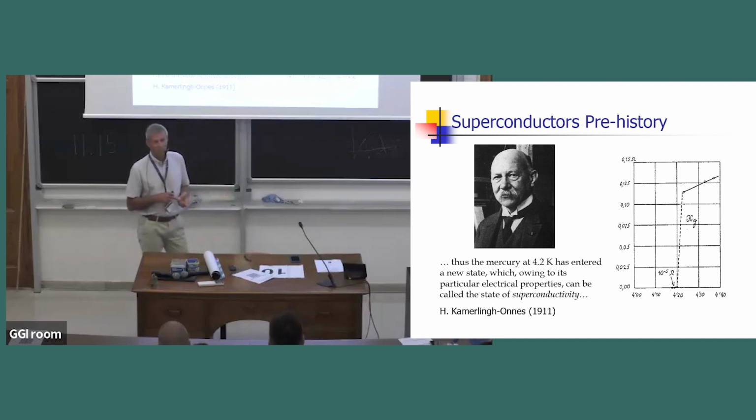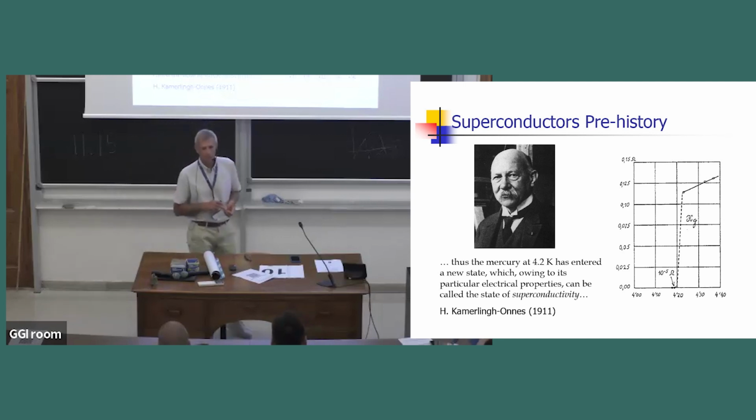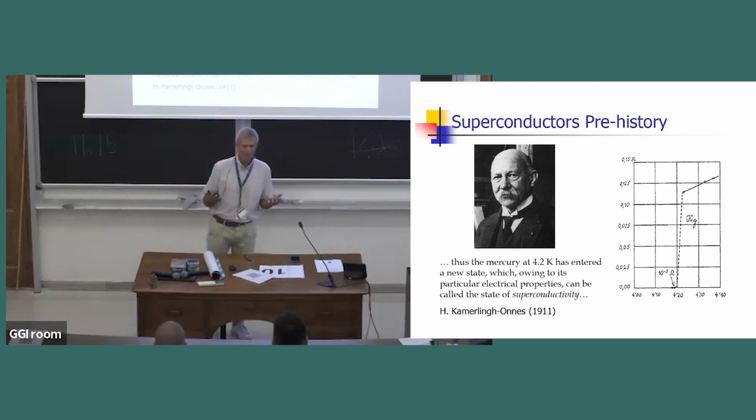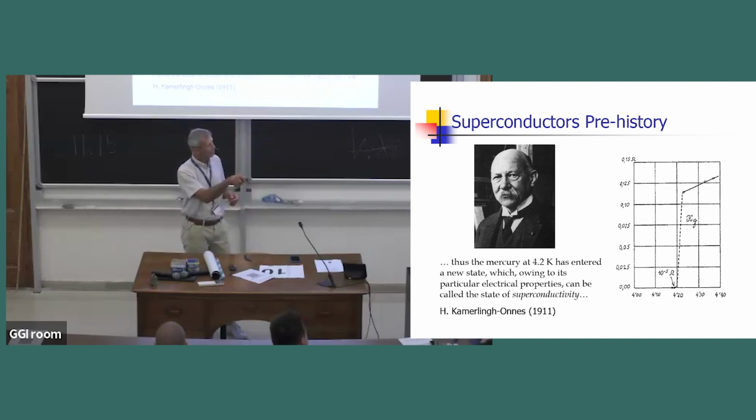Now, having access to 4.2 K, he could measure low temperature material properties. And he wanted to resolve the question, do the particles freeze or do the particles move freely? And that's the curve he measured. Actually, he did not measure it himself. He had a postdoc doing that. And the postdoc was measuring the curves, and then suddenly he saw nothing. So the reaction of Kamerlingh was, well, go back and measure again. So he measured again and again.